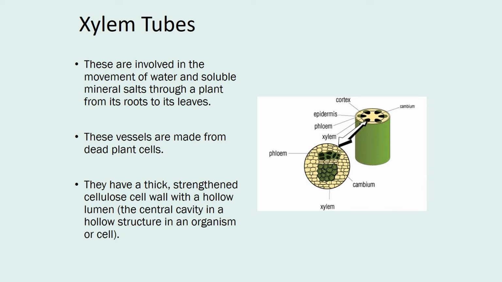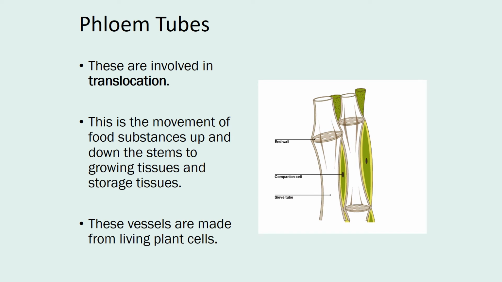Okay, our last specialized cell in plants are the phloem tubes. Now these tubes are involved in a process called translocation, and that's moving food substances around the plant. So obviously the glucose is made in the leaves because that's where photosynthesis happens in those palisade cells, but then it needs to be transported around the plant, and it does that using these phloem tubes, and that whole process